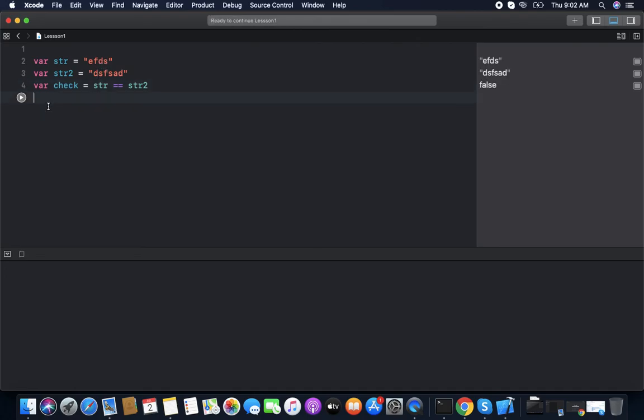So we print check. It will be false now because the strings are not the same. If we make both strings the same, it will return true.